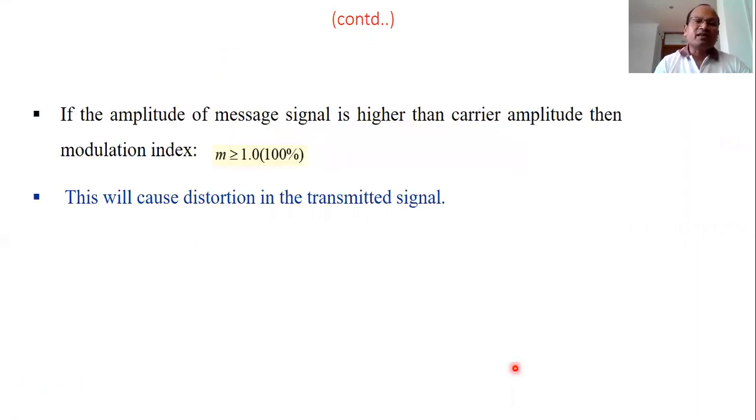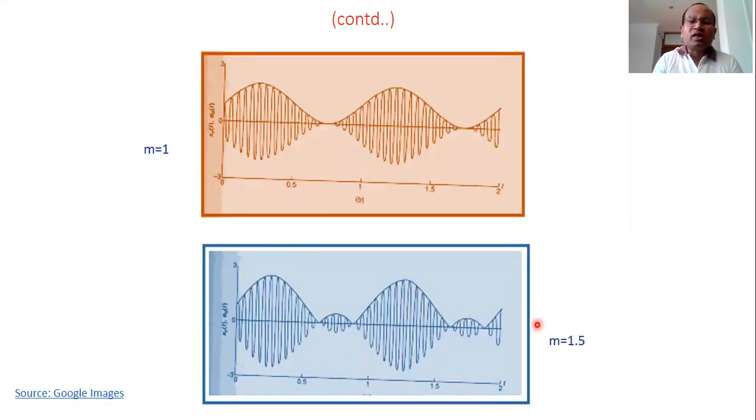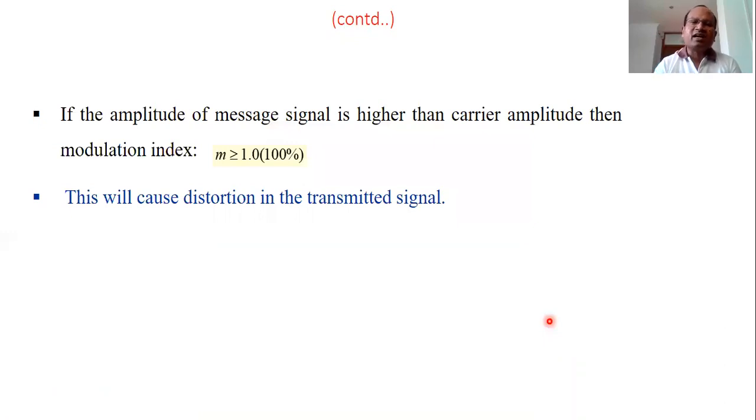Now let us understand, when the modulation index is greater than 1, what does it mean? What is the expression of your modulation index? Am by Ac. When it is greater than 1, what is the meaning? The amplitude of the modulating signal is greater than the amplitude of the carrier, which is not allowed. Even if they are equal, it gives you 100%. Otherwise, what is desired is that the amplitude of the modulating signal must be less than the amplitude of the carrier signal to have lesser than 100% modulation.